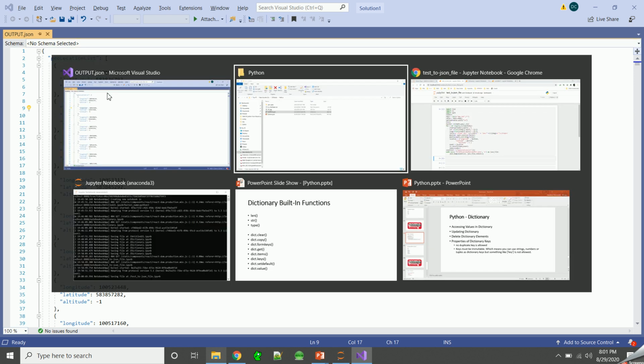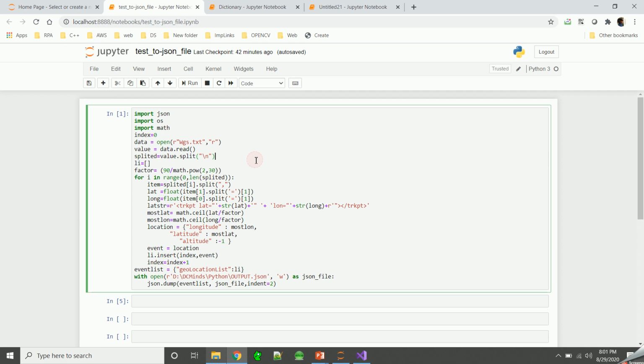Okay, so for use cases like this you can use a dictionary, and there will be multiple scenarios. For example, if you want to create a record of students, in that case for each student you can maintain the user number as a key, and the values can be their records like marks and attendance. So for such situations where you have to maintain key-value pairs, you can use a dictionary. So this is all about dictionary.